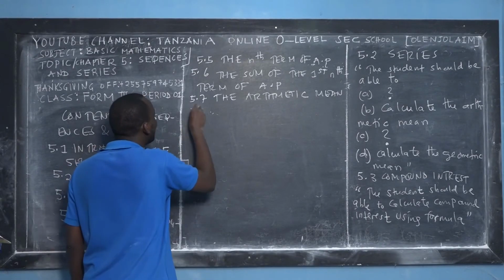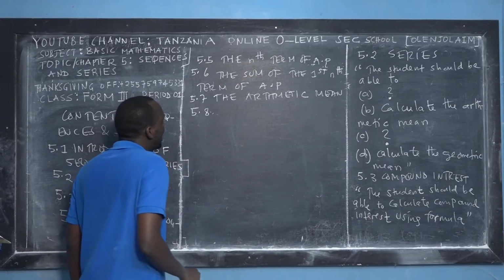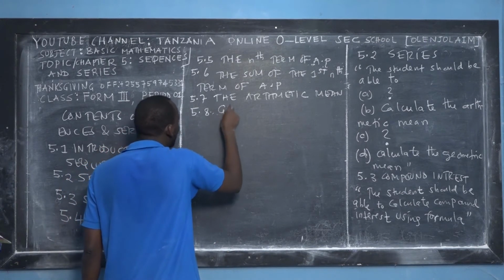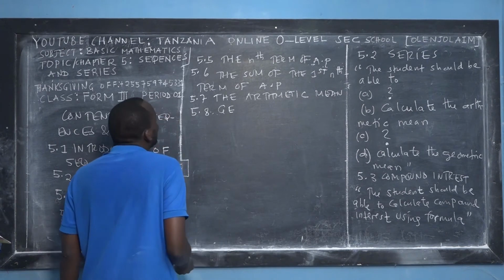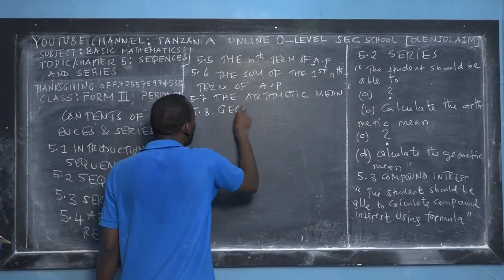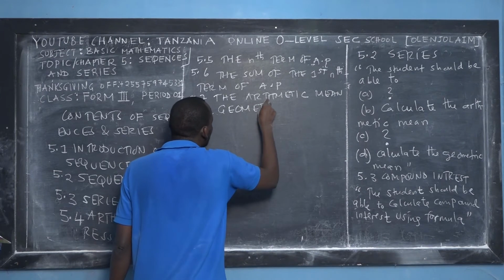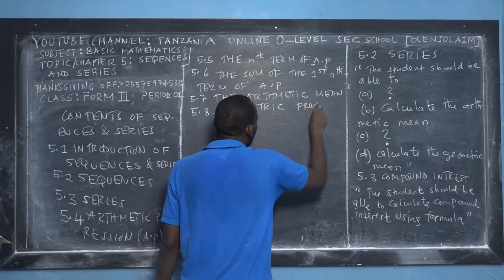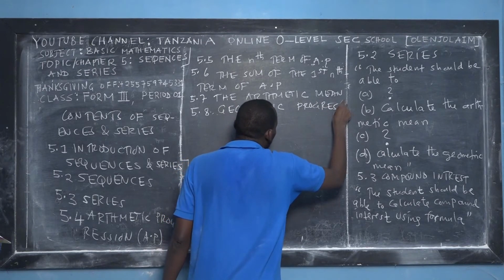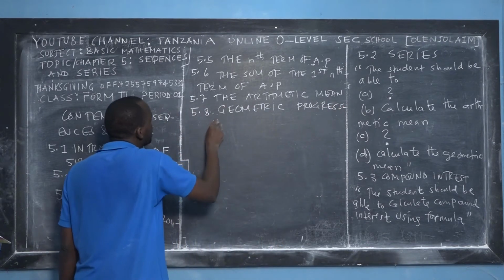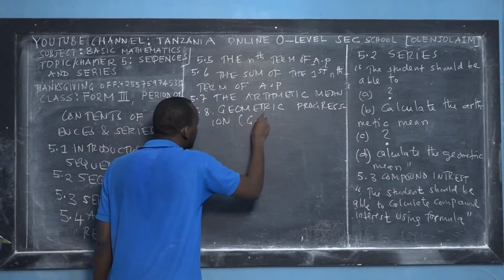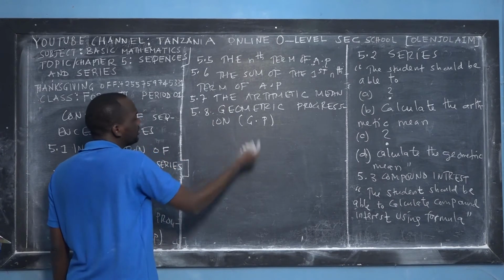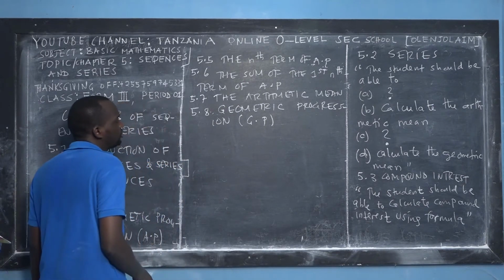Then the 8th concept I'll be teaching you. Okay, having talked about arithmetic progression, I'll take you now to another type of sequences and series, which we call geometric progression. Say it with me, geometric progression. Say it again with power, geometric progression. Don't feel shy when you pronounce these terms. I told you, you should sing the song with chorus and verses with bridge. You see? So geometric progression, in abbreviation, is called GP.